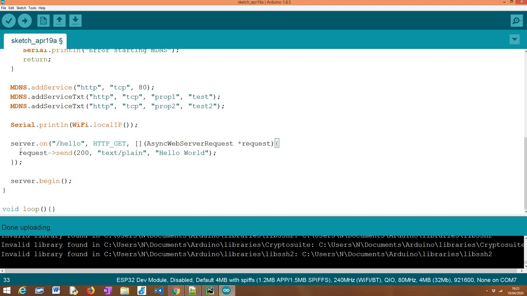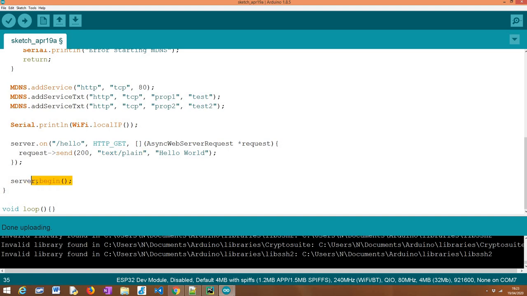As implementation, we are returning to the user a 200 HTTP response, indicating that the request was successfully processed, and the output will be a simple hello world message with content type plain text. It's just something to illustrate that our service is working.